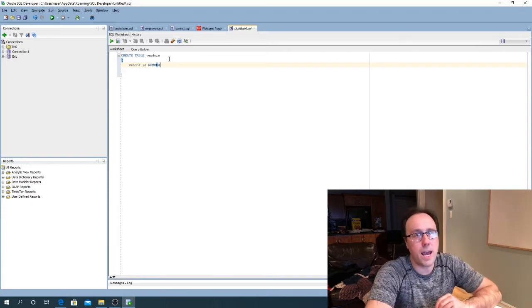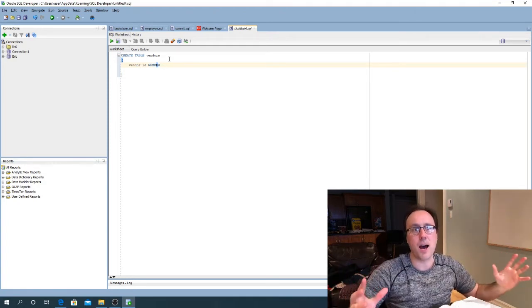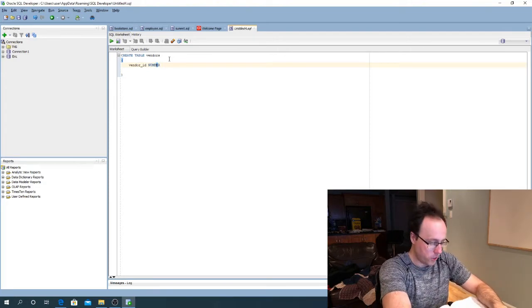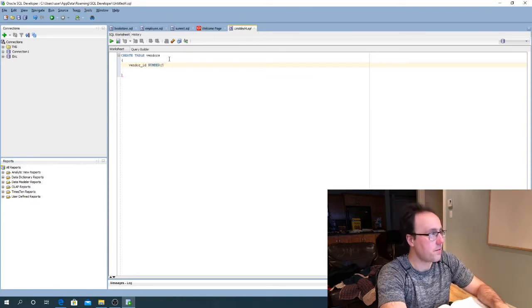Now, if you don't enter any parameters for the precision and the scale, then number is just going to take up the maximum size. I believe it's 38 digits. So I should probably go and pass it a value here. So I'll pass it, let's say 5